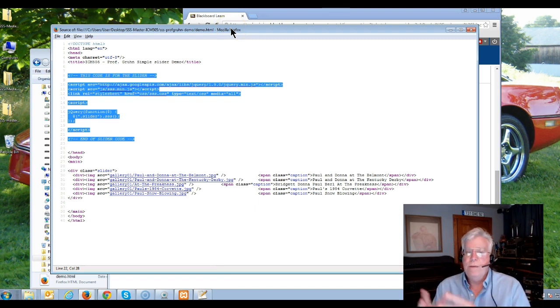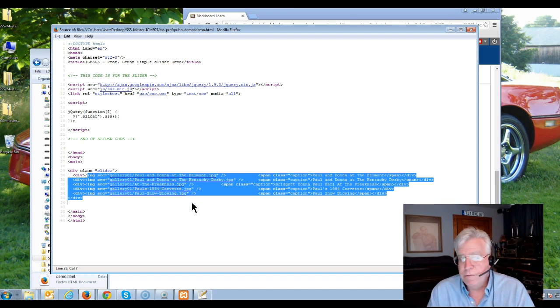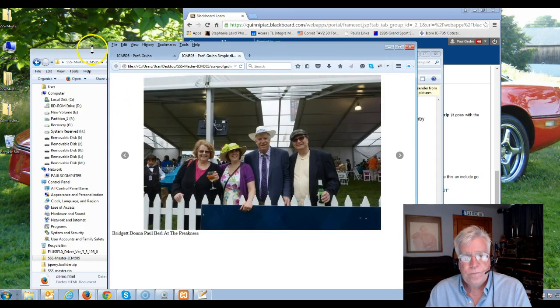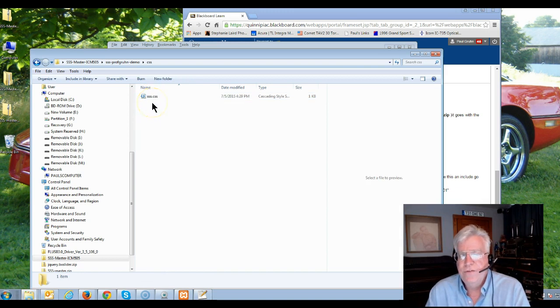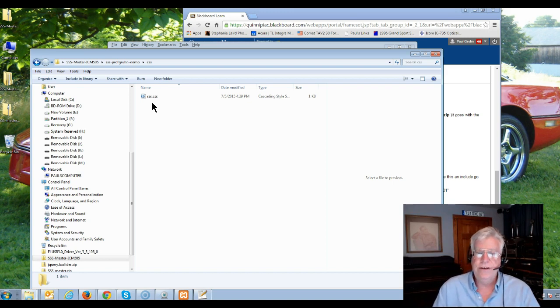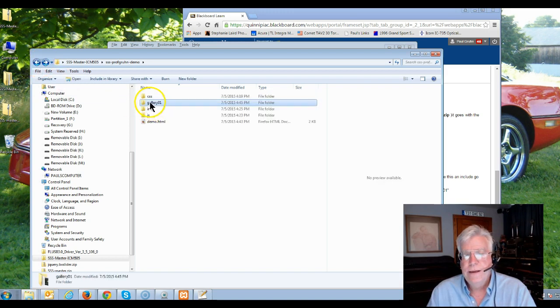Maybe what you want to do is copy this whole demo page into your folder and then modify the images. Maybe create your own gallery folder, call it whatever you want, put the images in, make sure images are spelled correctly, and just make a basic page work. From there, the key thing in the CSS folder is to make sure you have this file, sss.css. Copy this file into your CSS directory in your IMC505 folder or your project folder. Here's my gallery,